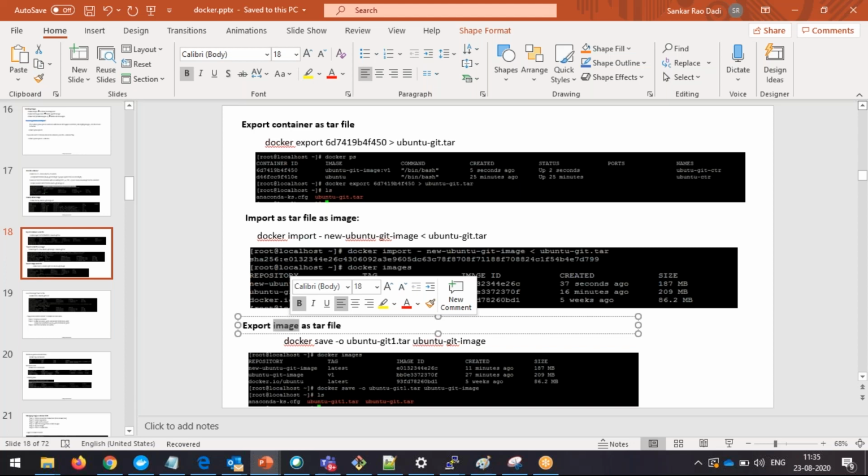Right. So now your image has to be saved as a tar file, and the other person will load the image into their local machine. To save the image as a tar file, docker save is the command. When the other person receives the tar file, he is going to load that image. For that, docker load is the command. Okay. So docker save -o,